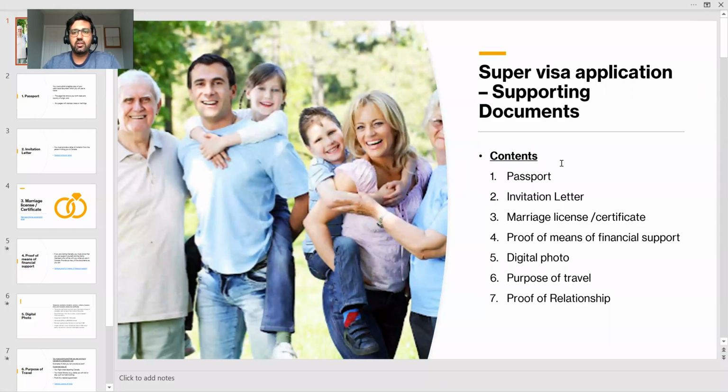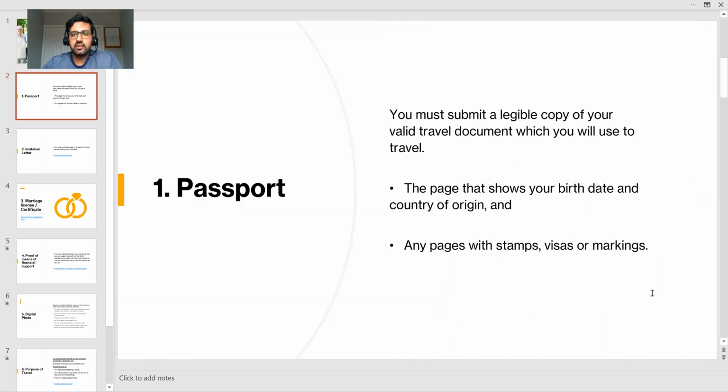The main documents that are needed are passport, invitation letter, marriage license certificate, proof of means of financial support, digital photo, purpose of travel, and proof of relationship. The first document is the passport. The passport must be a valid passport, and